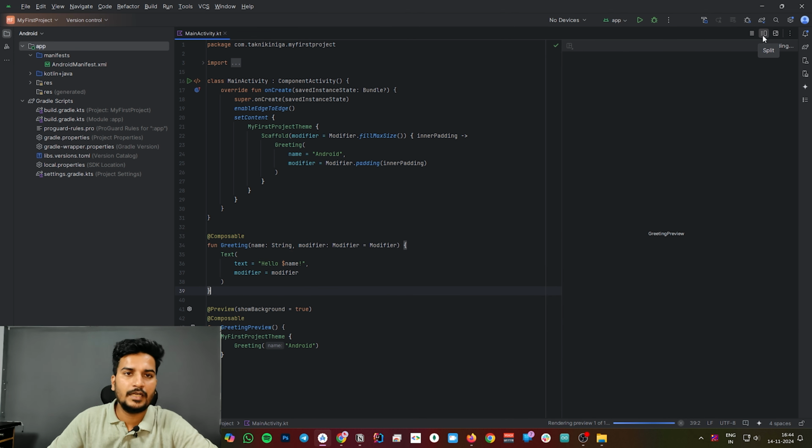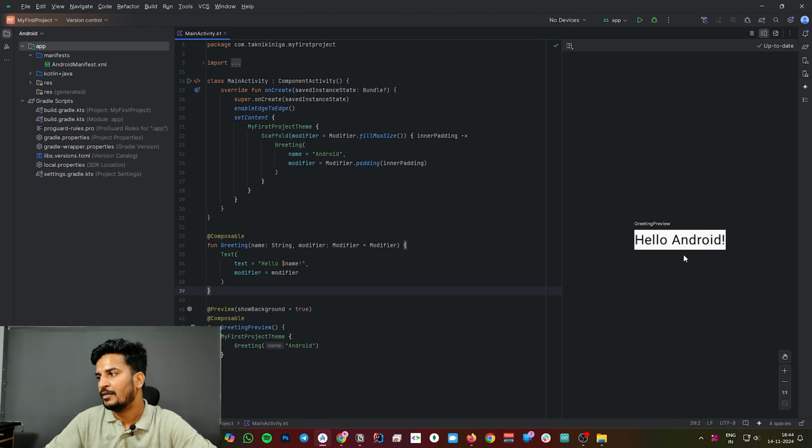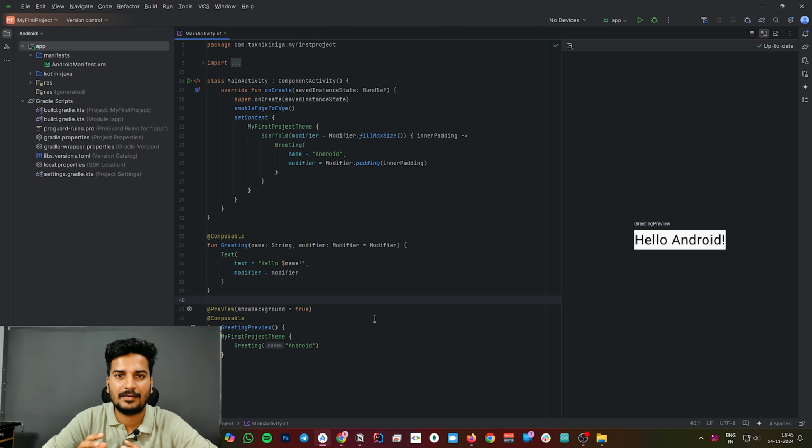You have two windows: the first one is the code window and the second one is the split window. As you can see here, it says Hello Android. Since we can compile the composable function and generate its preview directly, we don't have to run the application on the device.